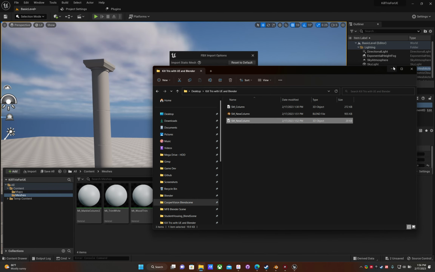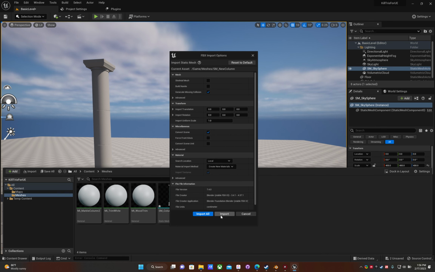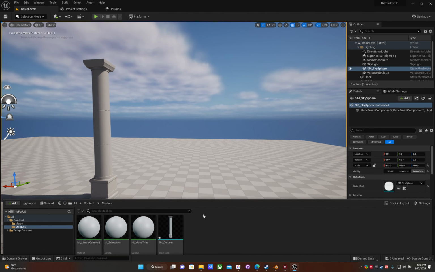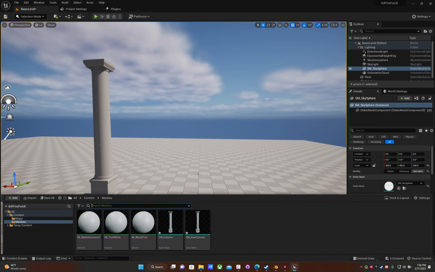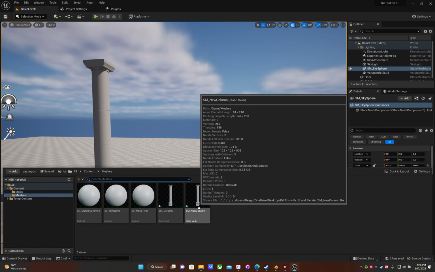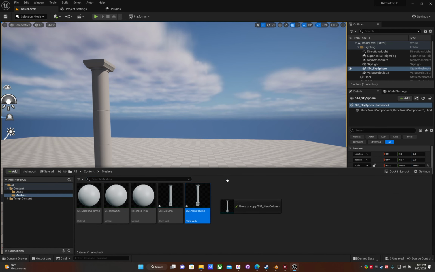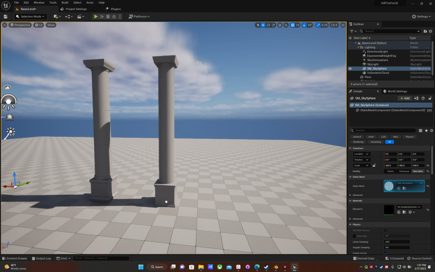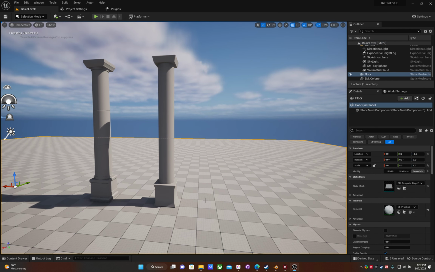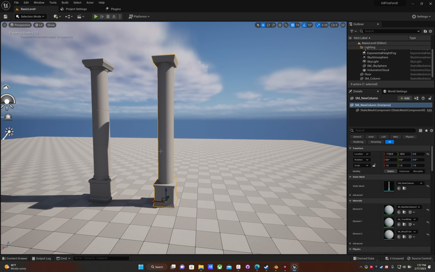Just drag that right into here. And just click import all. And we should have a decent looking column. Now that's in. And there we go. About that. Nice looking column